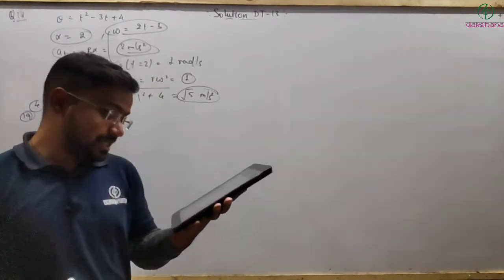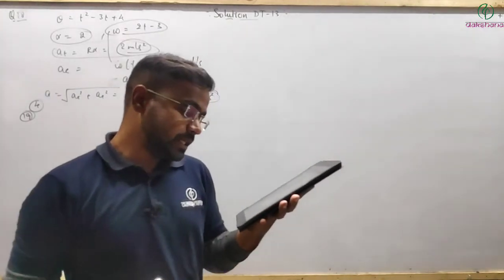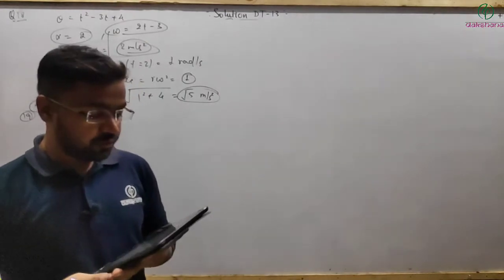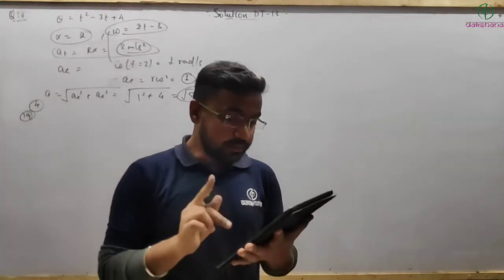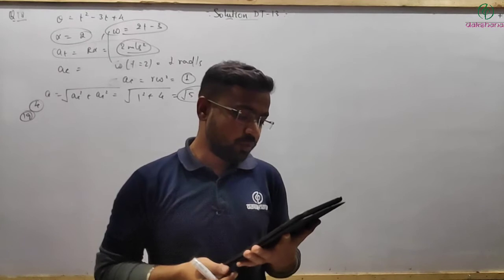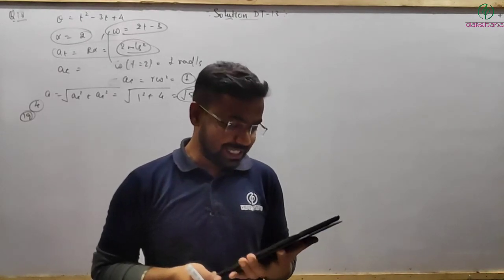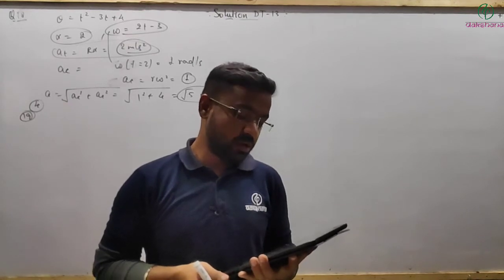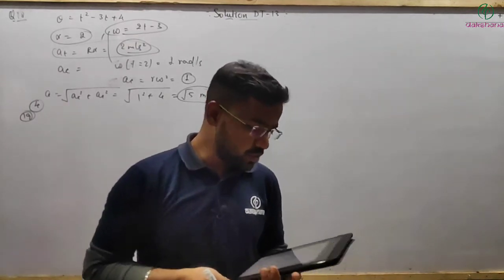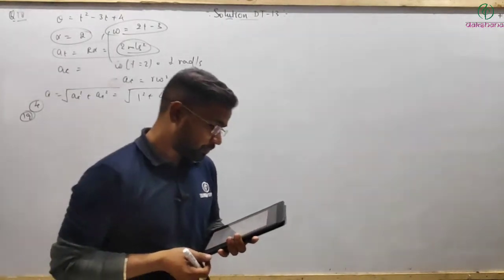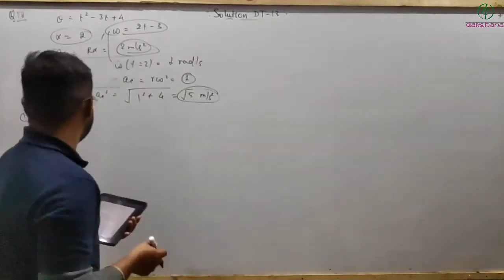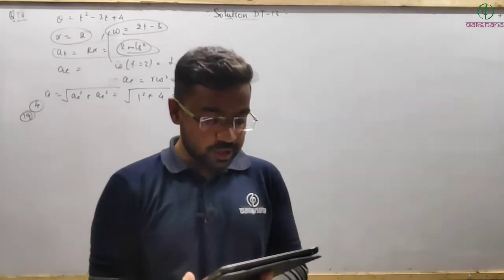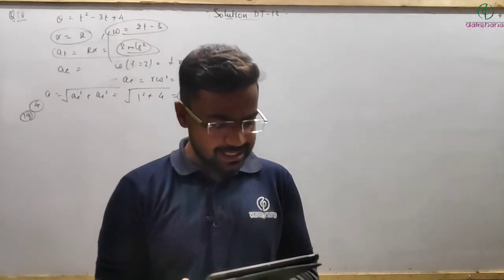A large number of particles are distributed on the xy plane and their center of mass is at the origin of the coordinate. Then, only one option is correct: sum of moment of all the particles with respect to origin is 0. Sum of moment of all the particles about the x-axis is 0 also. Sum of moment of all the particles about y-axis is